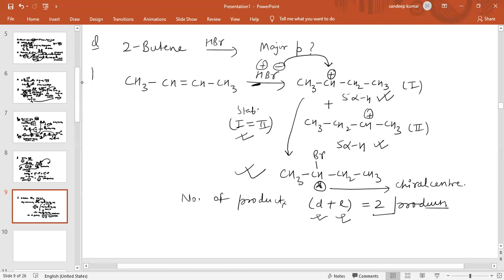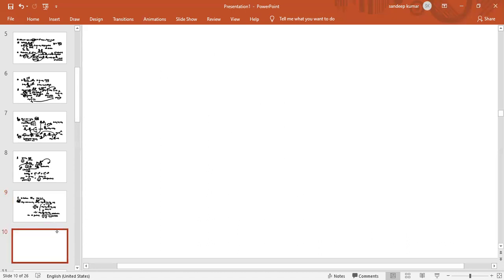So this question is basically asked in AIIMS. This question has been asked in the AIIMS examination. Now see another question. This question is also a very good question, and it has been asked in AIIMS 2015. So this is also a very good question. And this question was recently asked in JEE Mains also.